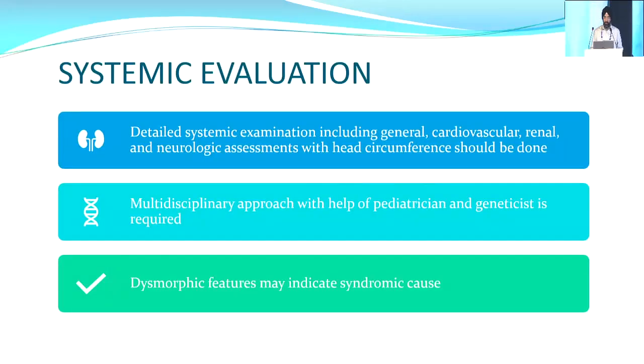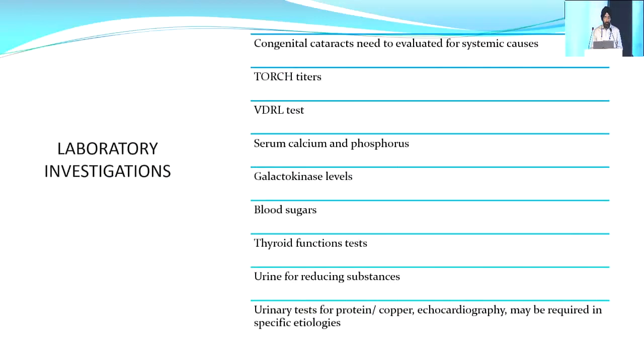because most times the commonest cause is PFV. So for a bilateral cataract, you need a detailed systemic examination, multidisciplinary approach with the help of a pediatrician, and see for any dysmorphic features. Laboratory investigations for all these bilateral cataracts is required to know the etiology of the cataract. So all these blood tests, what I've written, should be ordered depending upon what you think could be the cause